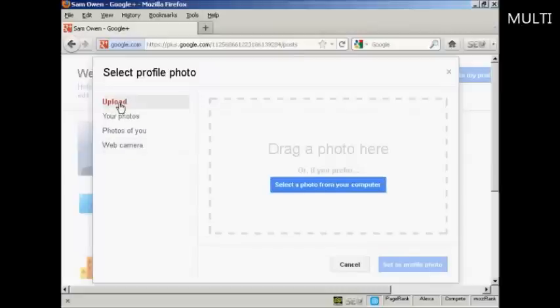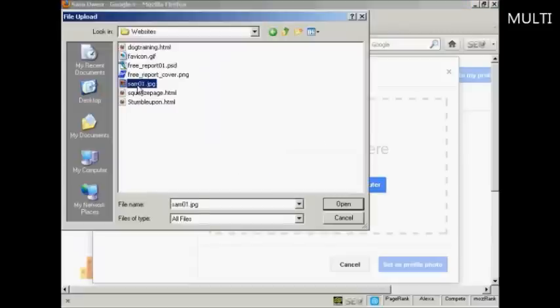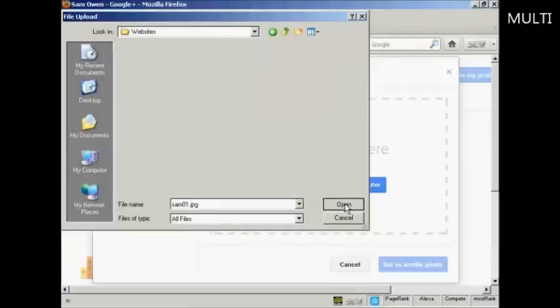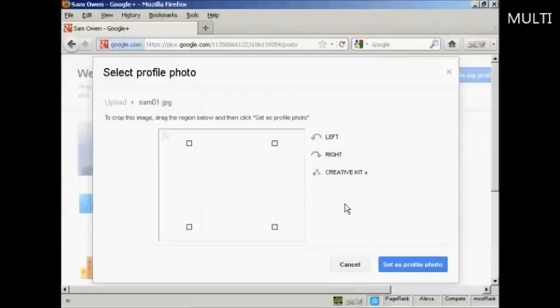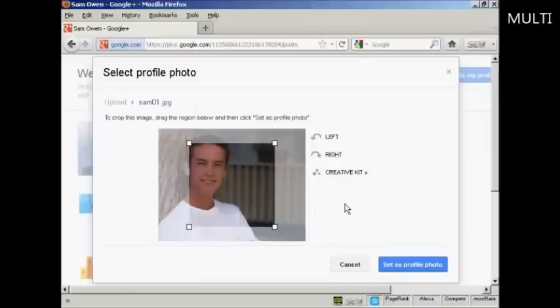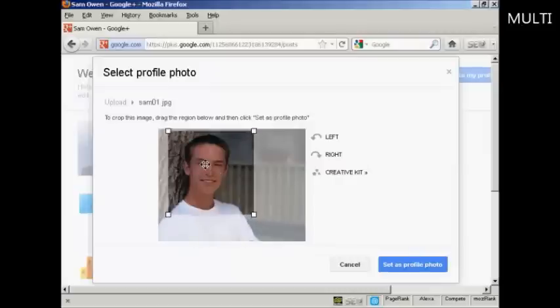I'm going to upload a picture from my computer, so click here where it says select a photo from your computer, and here's the picture I'm going to upload, sam01.jpg. So click on open. You can see it's uploading, and this picture is a bit big for the size that they have available, so I'm going to have to crop it, which I can do by simply moving this window around with the mouse, and that looks about right. So then just simply click here, set as profile photo,